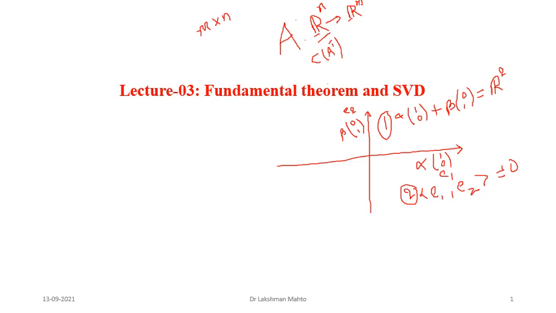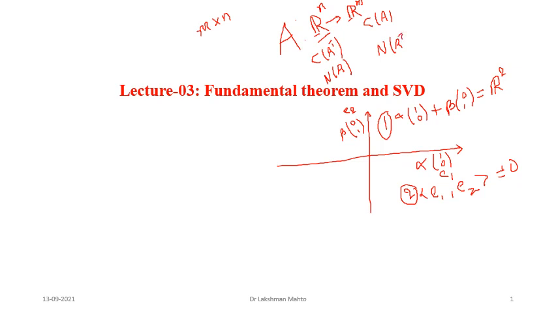And another subspace happens to be the null space of A. Both are actually in the domain space, in the big picture you might have already seen that. And two fundamental subspaces are in the codomain space or target space. Those are the column space, that means all possible linear combinations of the columns of the given matrix, and the left null space, that means the null space of A transpose. So these two are in the target space. We had already seen the construction process and everything regarding these four fundamental subspaces.